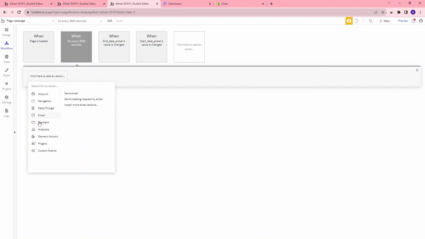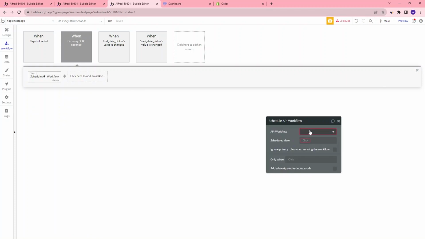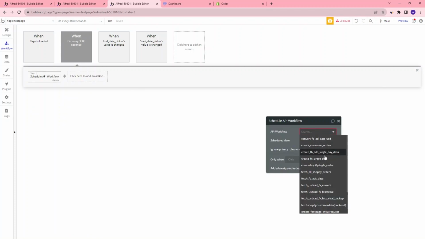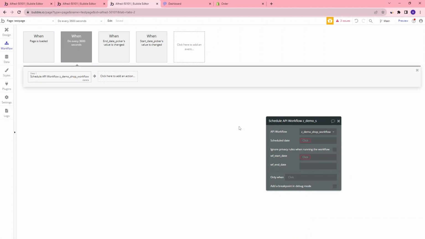And then say we want to schedule an API workflow, and then the workflow will be able to find in here. So this is a list of all the backend workflows I have, but we've got our Z demos here. So we've got our shop workflow there. So if we do it this way, then we can set all these parameters and have it run that way. But because I'm doing this demo with you, instead of having to wait an hour before that runs, let's